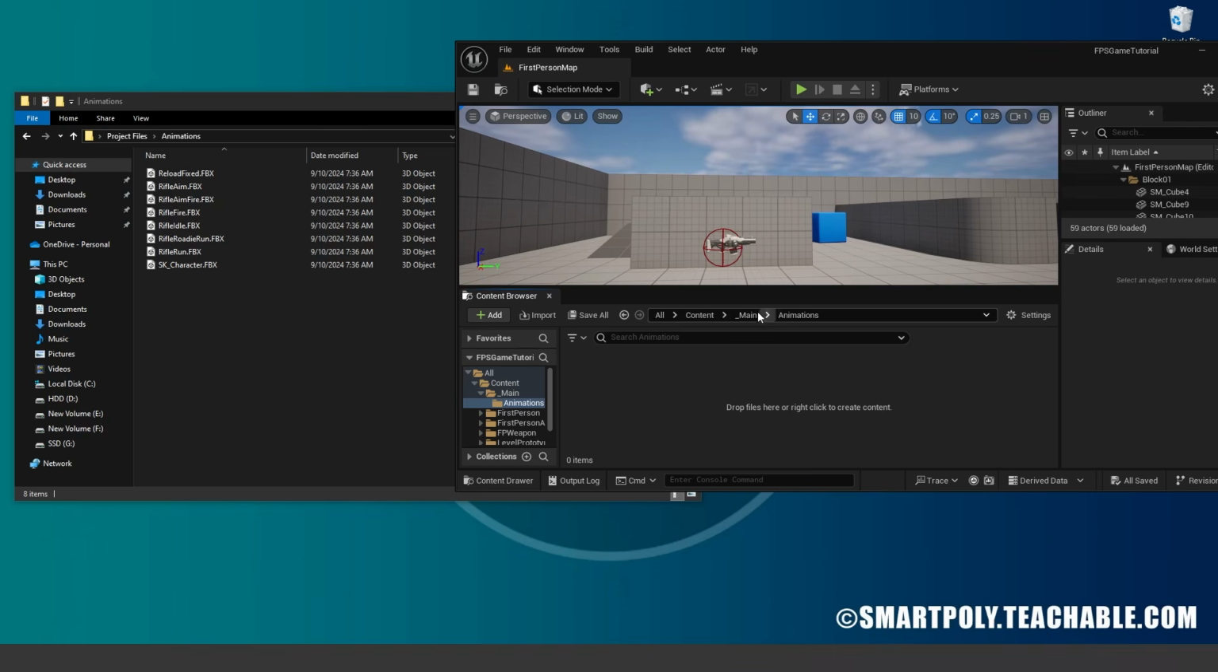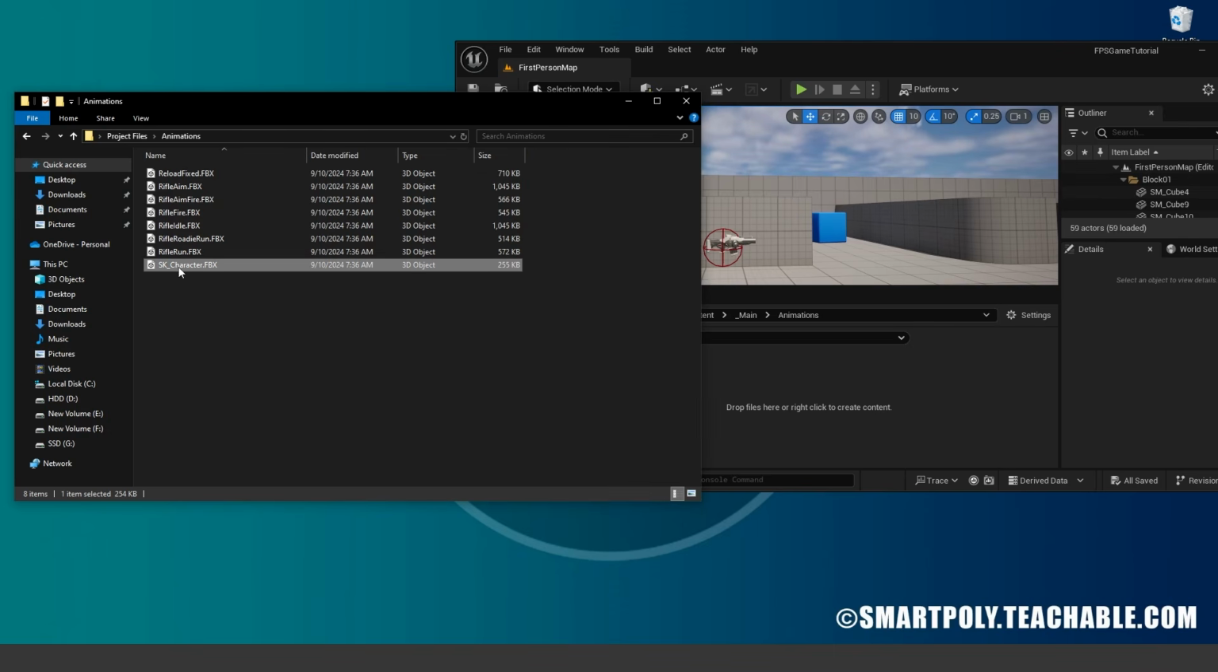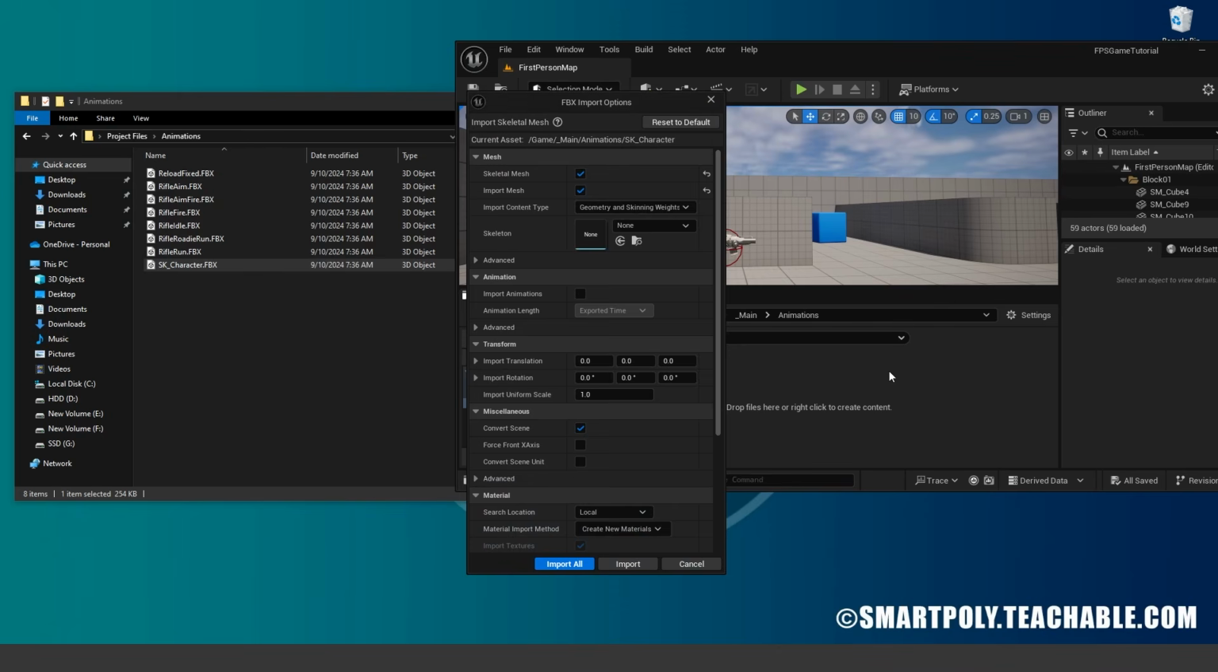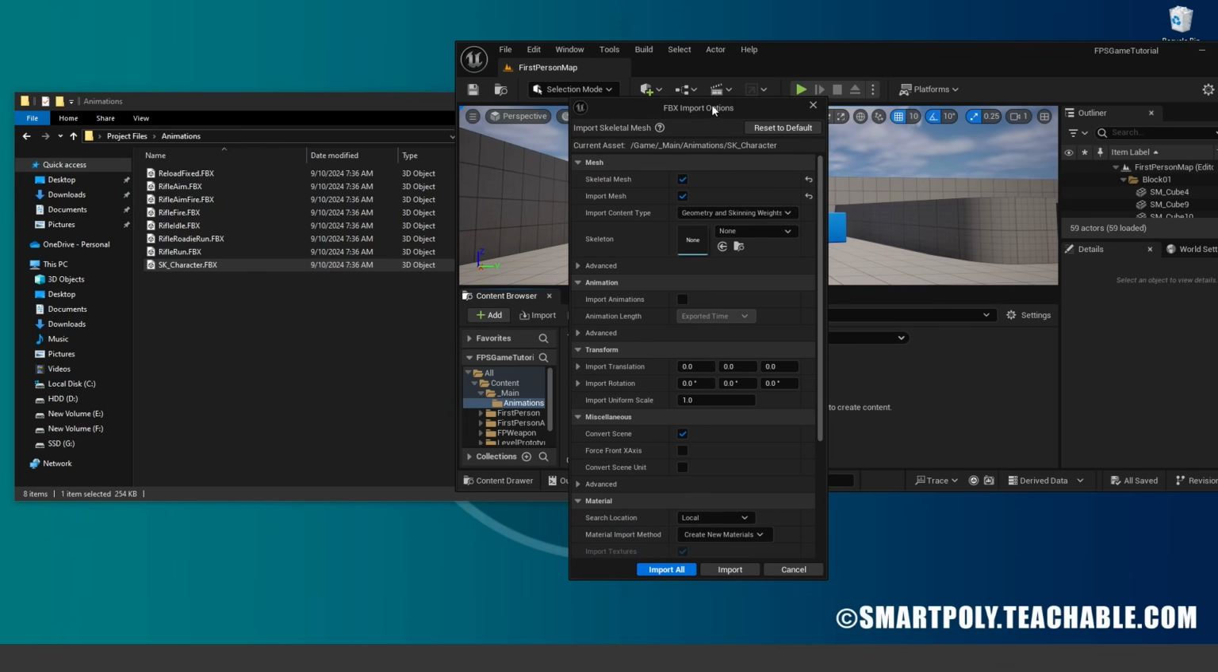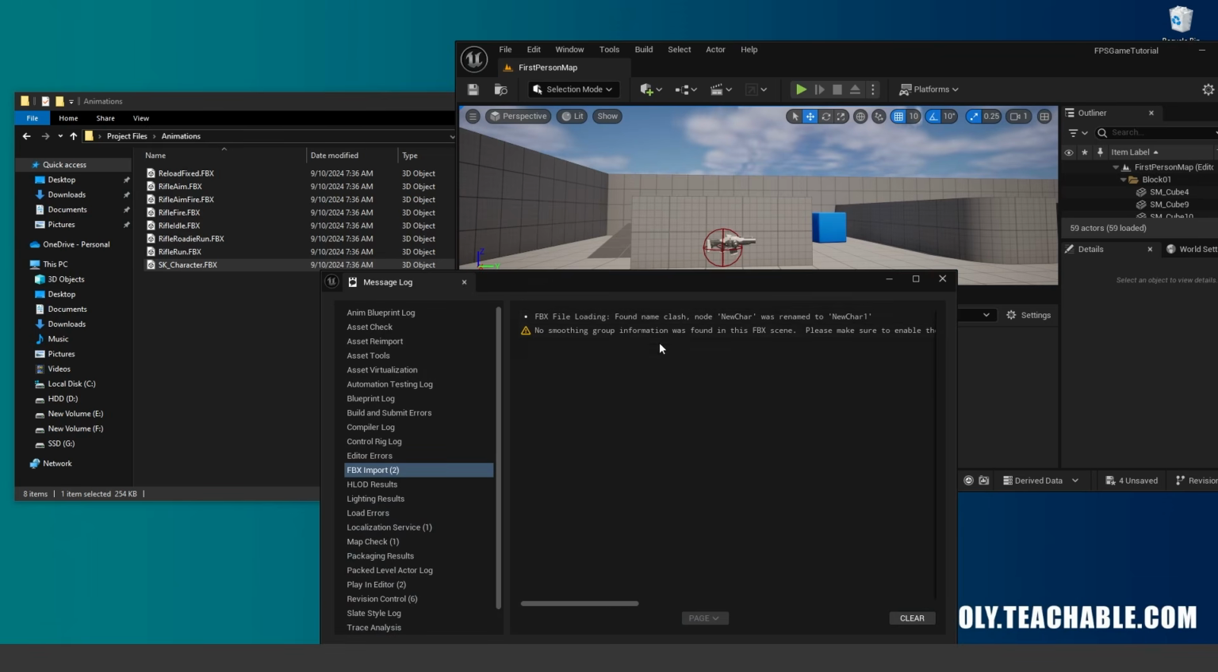Go to your main animations folder, and first we're going to take this SK character FBX and drag and drop it into our folder. And we're going to get this pop up for FBX import options. You want to leave it as the defaults. The skeletal mesh is checked to true, import mesh is true. There's nothing in the skeleton, and everything is as the defaults. I'm just going to click import all,